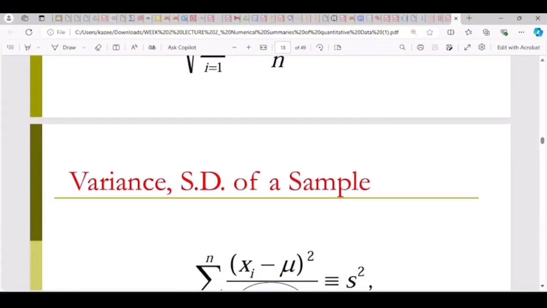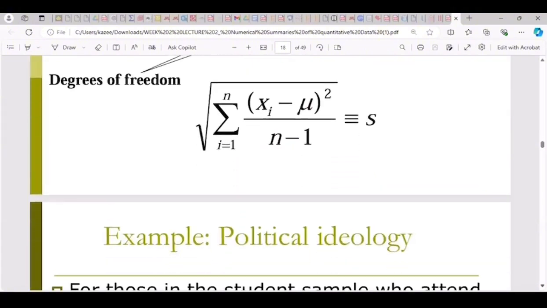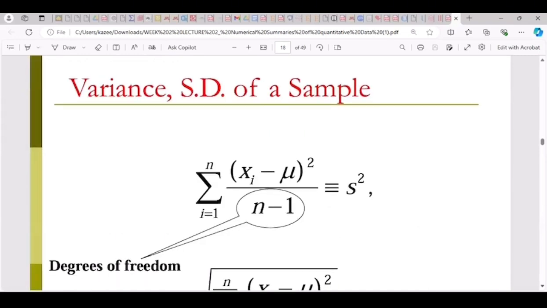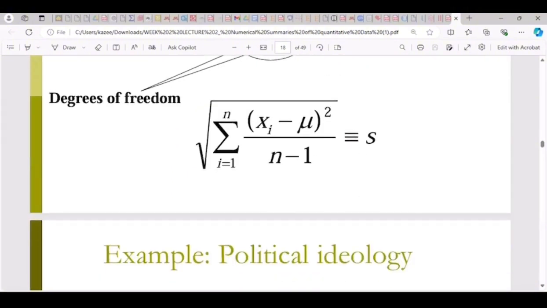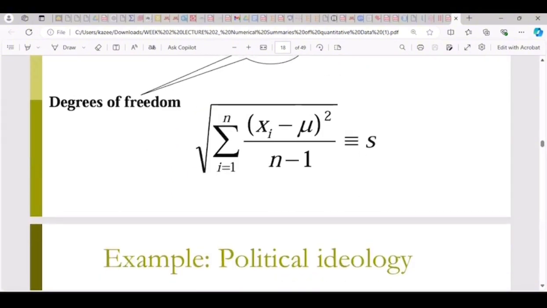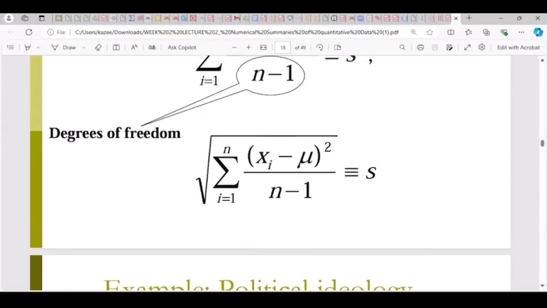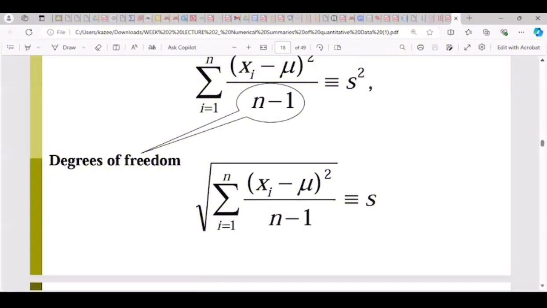When we're working with a sample, the sum is going to be divided by n minus 1. And what is the meaning of the n minus 1? Where am I subtracting 1? I'm going to tell you now. Subtracting 1, n minus 1, means degrees of freedom. What is the meaning? If I have 10 observations,